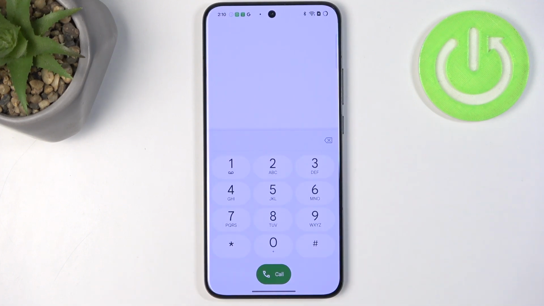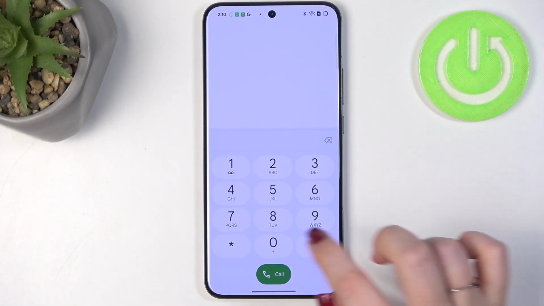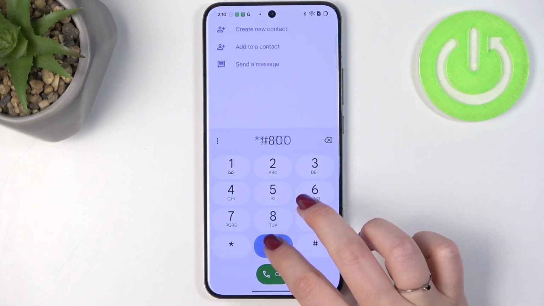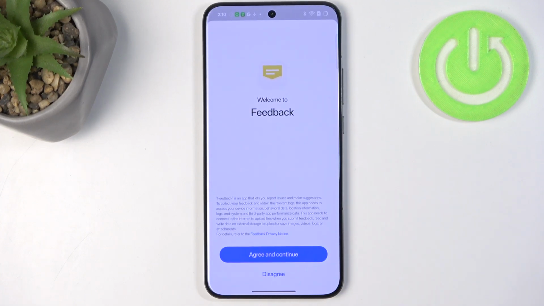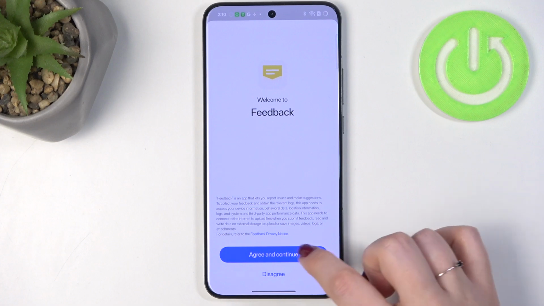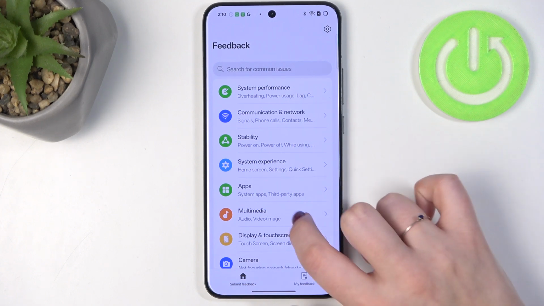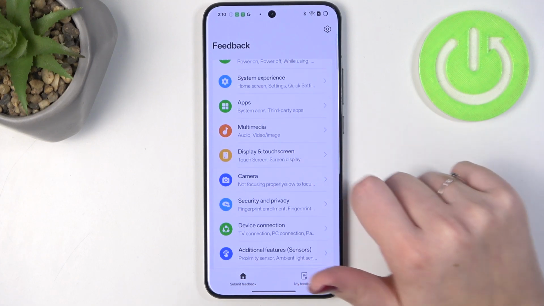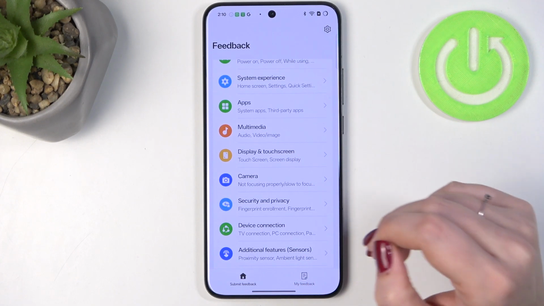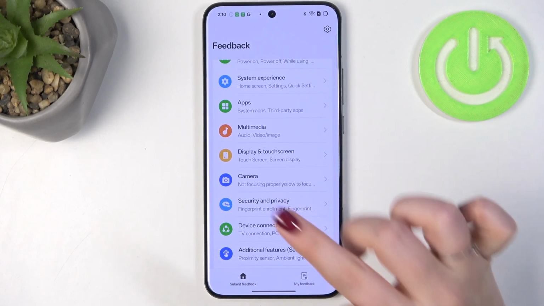And the last code, which is, I believe, the most useful, it is *##800#. Of course, most useful for regular users. Just give the permissions it needs, and basically this is the feedback menu, which means that if you've got some kind of problems with your device, for example with the screen, with stability, the experience, multimedia, camera, then you can record the problem and report it to the